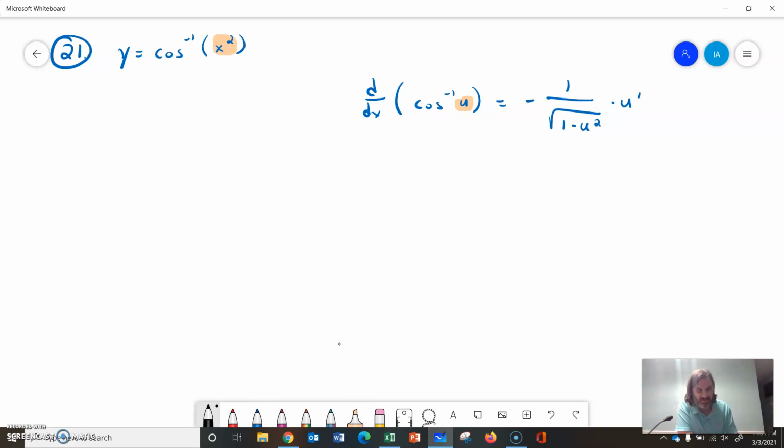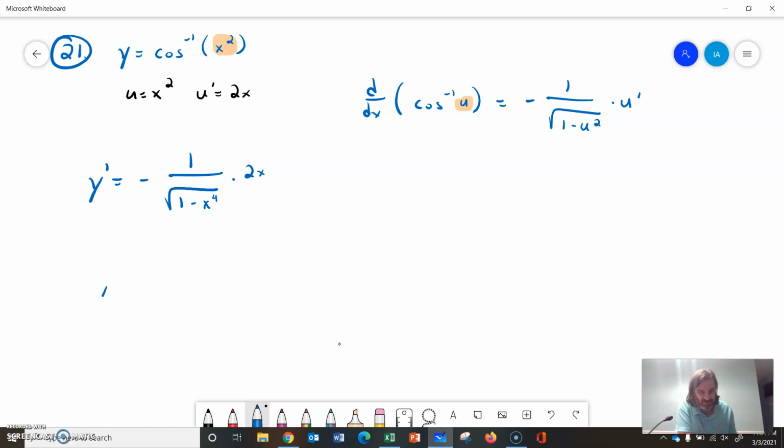So let's see here. This is going to be the chain rule. So if this is x squared, that's our u. The du, or the u prime, would be 2x. So we'll follow this rule exactly. Y prime will be negative 1 over the square root of 1 minus u was x squared. So u squared will be x to the fourth, and that'll be times 2x, the u